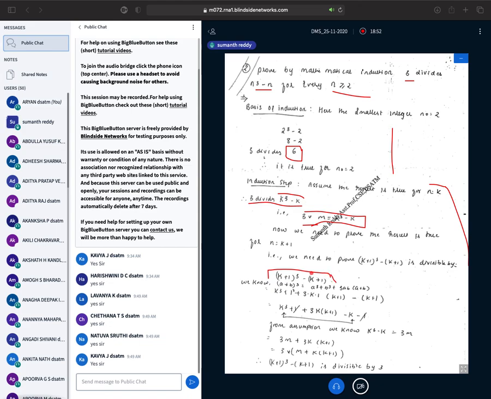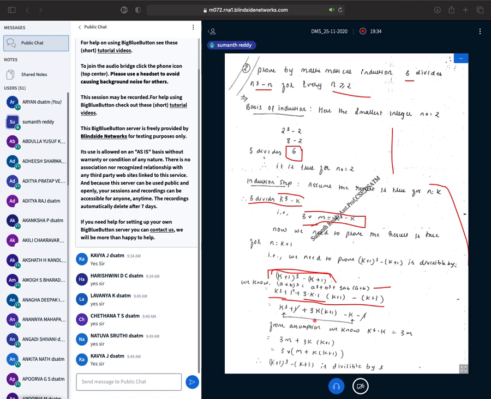So I have directly taken that term, and I need to check whether it is divisible by 3. In order to check that, I cannot simplify it further as it is, but I can expand k plus 1 whole cube. You know the expansion for a plus b whole cube, right? That is a cube plus b cube plus 3ab into a plus b. Depending upon that, this can be written as k cube plus 1 cube plus 3k into k plus 1 minus k plus 1. After expanding, I can just cancel the minus 1 and plus 1, simplifying this.